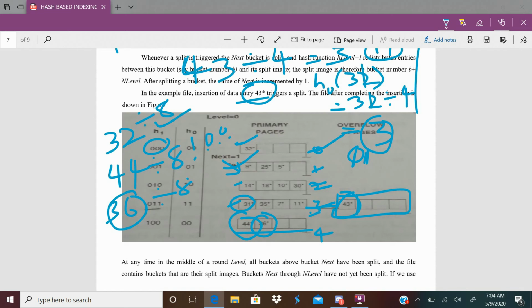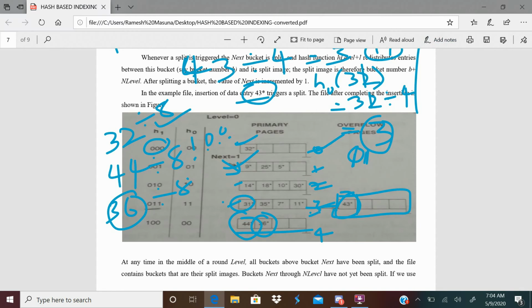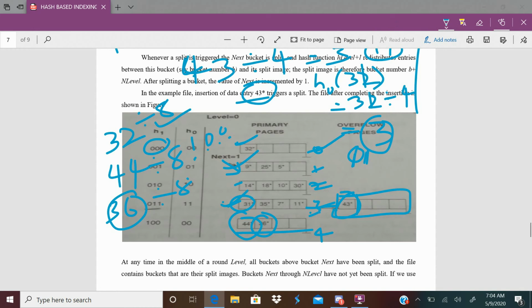After splitting buckets 0, 1, 2, 3, which bucket does it have to split next? 5? Wrong. Because for the first round, which we call level, we had how many buckets? 4. After 4 buckets are split, the total number of buckets becomes 8.